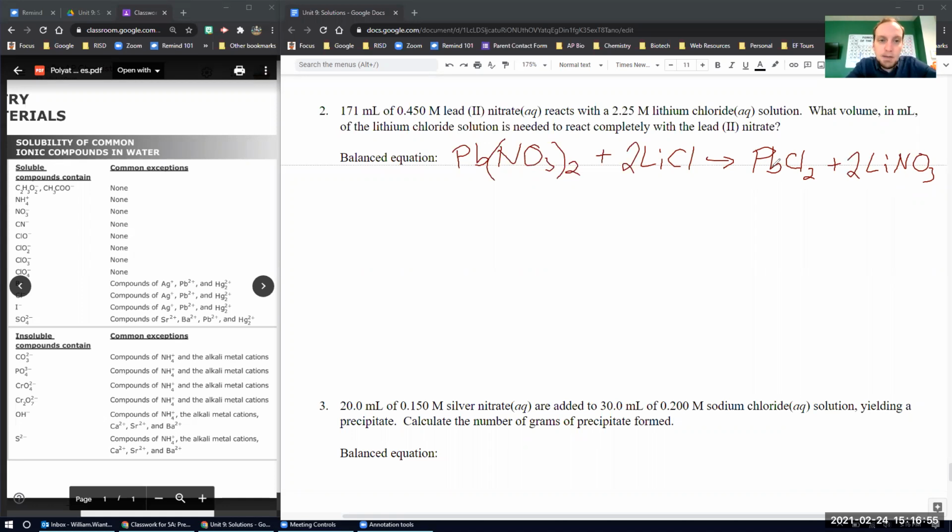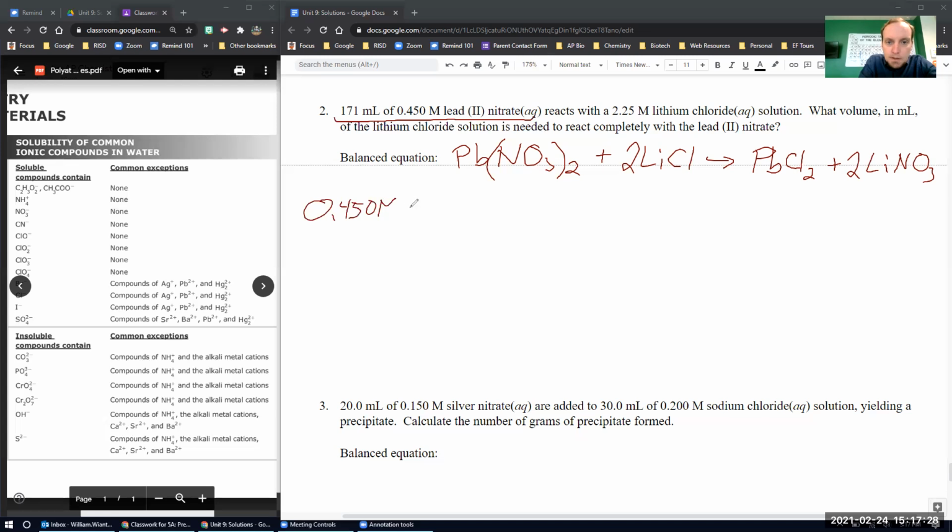So back to the question. 171 milliliters of a 0.45 molar lead 2 nitrate aqueous solution reacts with 2.25 molar lithium chloride. What volume in milliliters of the lithium chloride solution is needed to react completely with the lead 2 nitrate? Now, this sounds really complicated. What I'm going to go ahead and do is start with what we have for the lead 2 nitrate. So we know that our molarity is